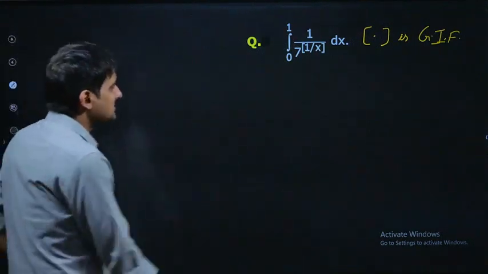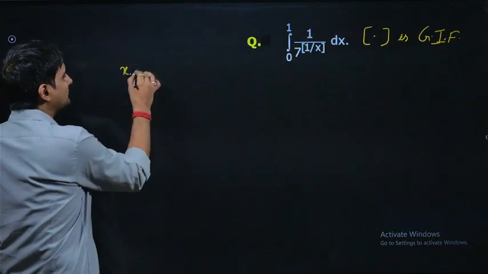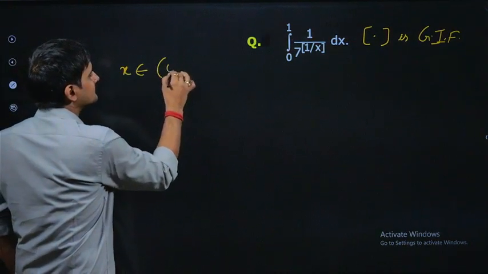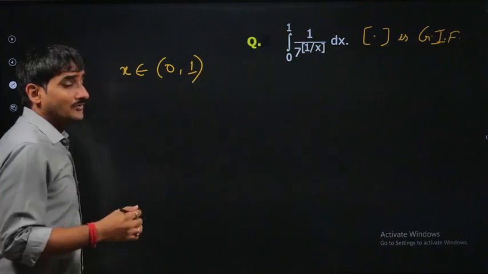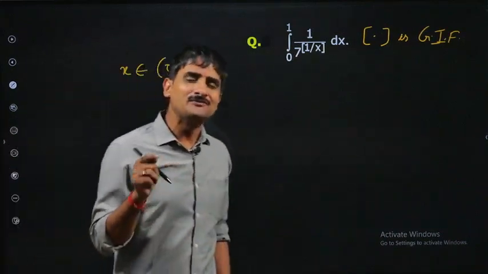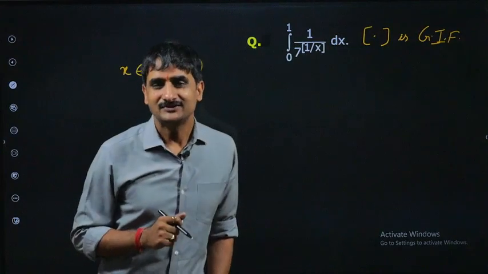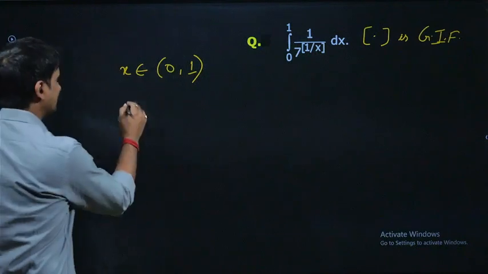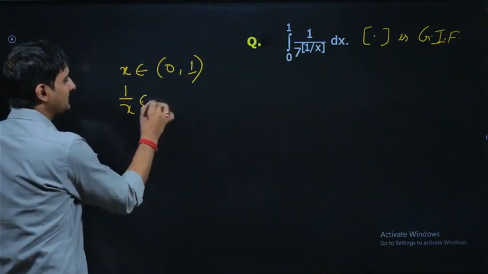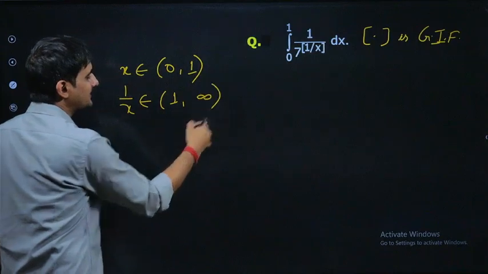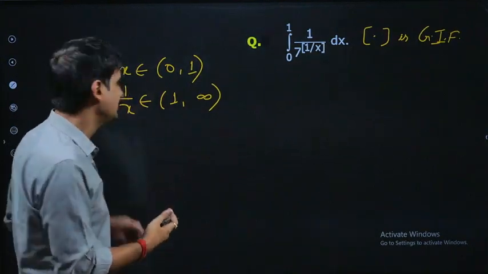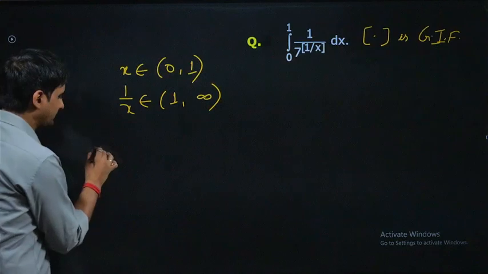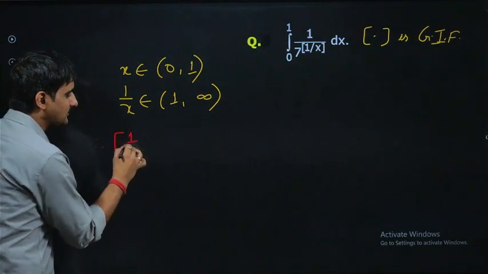Let's start. See, x belongs to 0 to 1. Now 1 by x will go from 1 to infinity. So there's a huge range. How to start with it? So we can say that 1 by x will belong to 1 to infinity. So let's start in that way only. So therefore, greatest integer of 1 by x,